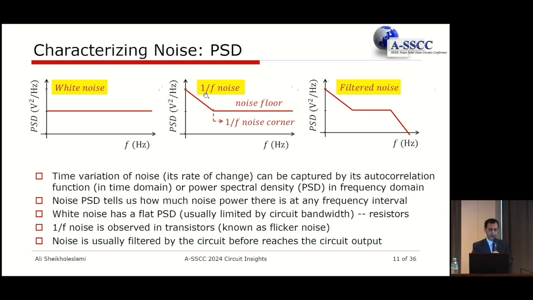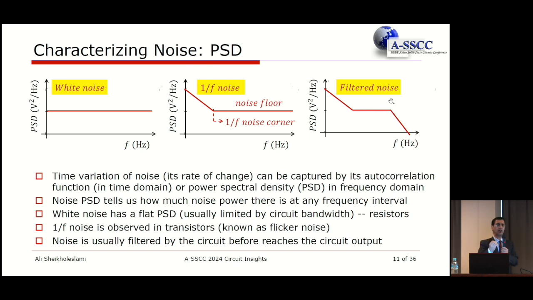And there's a corner frequency when you switch from one noise source to the other. In other words, one is dominant at one portion, and the other becomes dominant afterwards. And of course, when you have an electronic circuit, the noise, like the signal, is going through the circuit, and therefore it's going to be affected by the transfer function of that circuit. And so that circuit eventually has a bandwidth limitation, and is going to make the noise have some limited bandwidth, as is shown here.